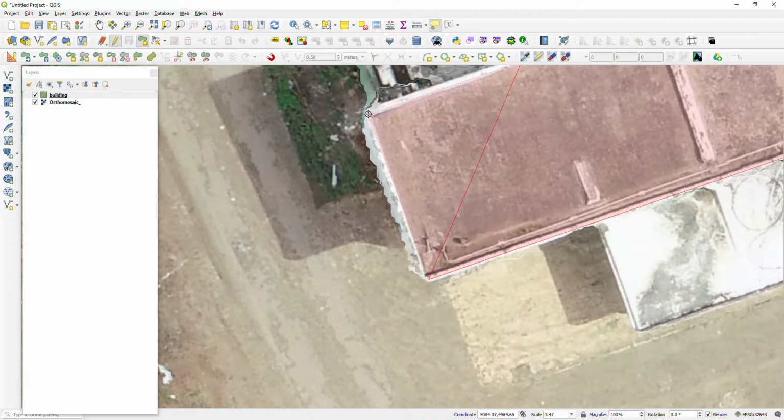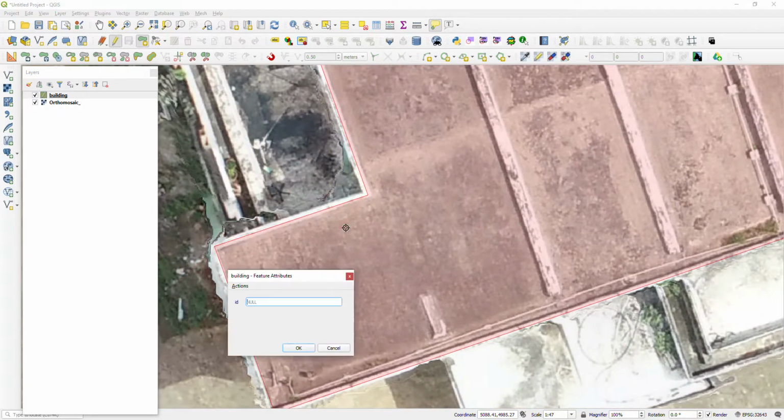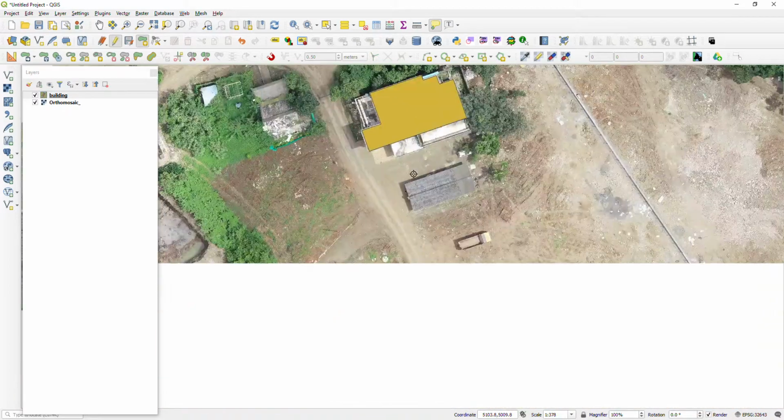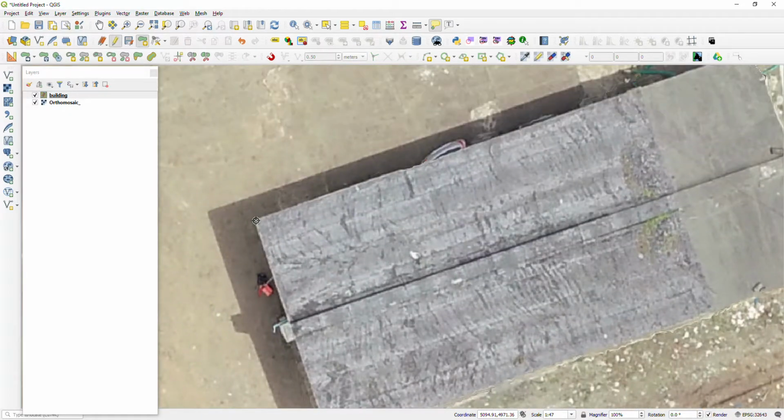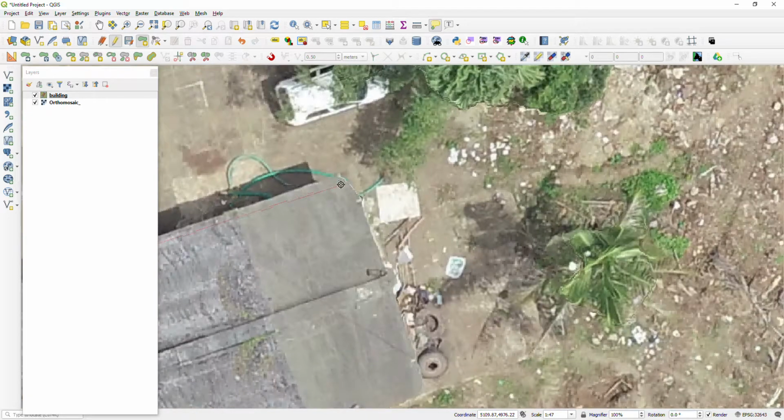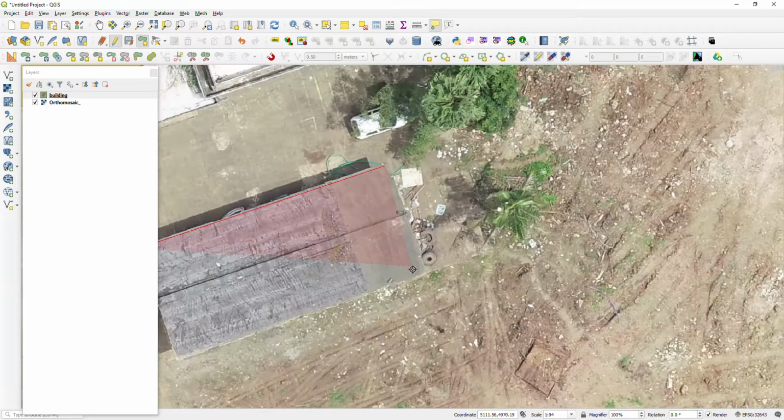I'm just digitizing roughly. Digitize one feature, digitize another feature, that's the same building.